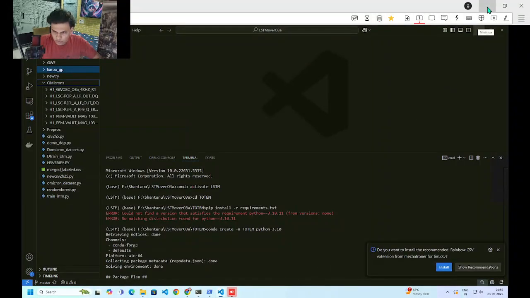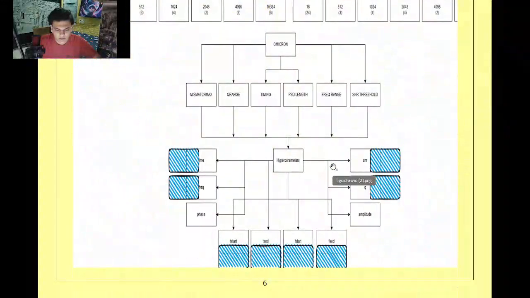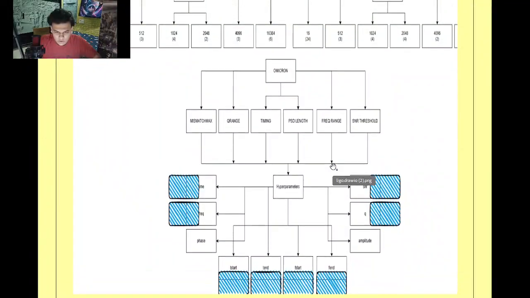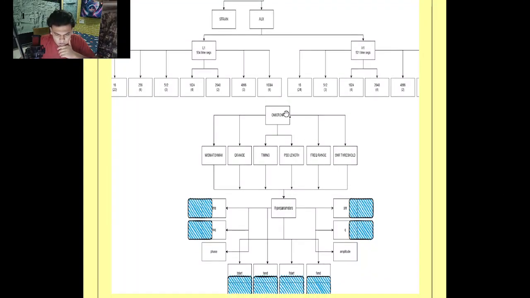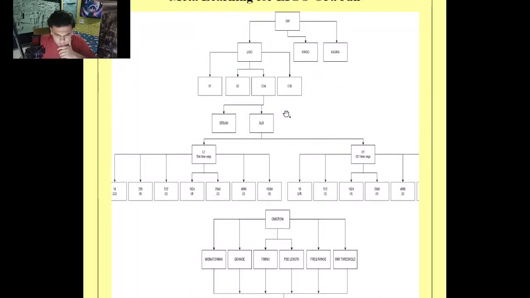So that was all about Omniformer. I'm just going to show a simple diagram of the expanse of the data set that we have. What I would like to focus on is that the upper part is just about getting the raw data set. So we have the LIGO association, which would have different interferometers: LIGO, Virgo, Kagra,